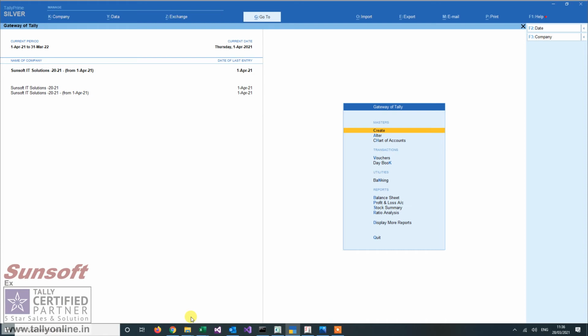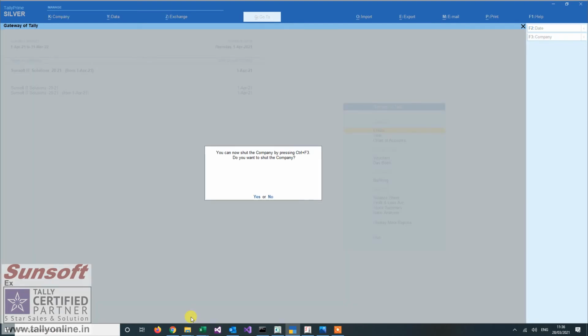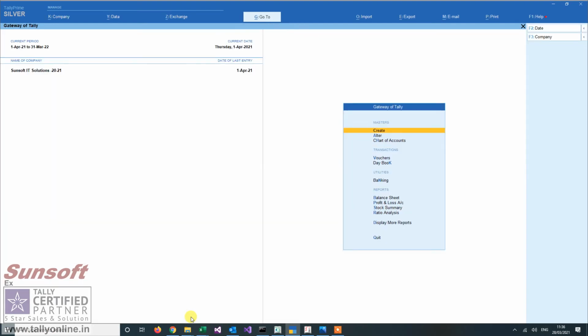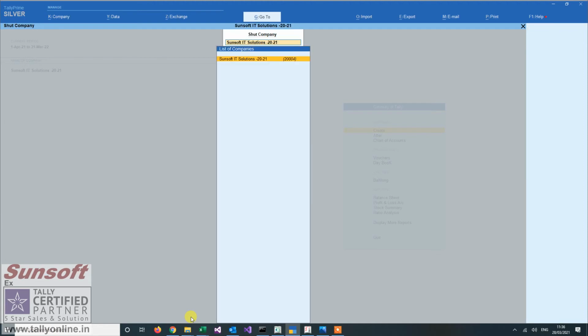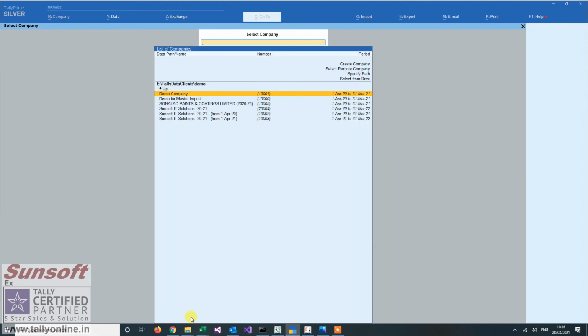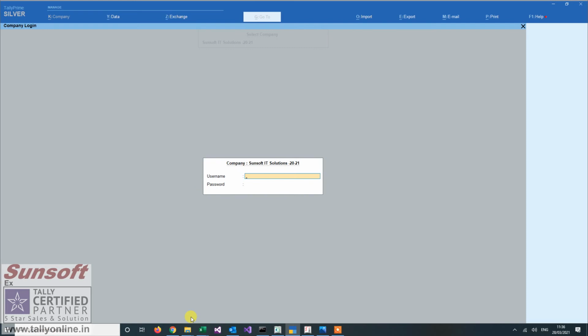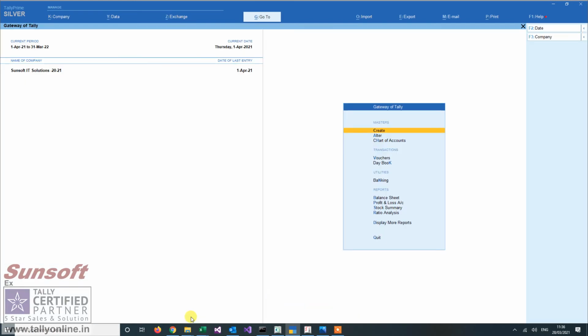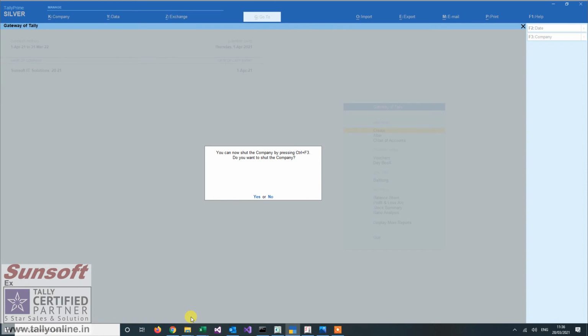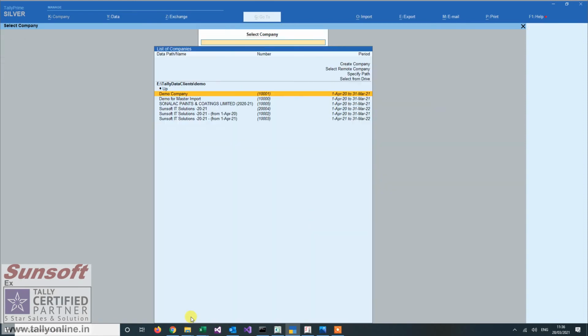That is one way of carrying on to a new financial year. Many times, people create a new company and then want to create all the masters in the new company. Now we'll see how we can accomplish that. We create a new company, we do not split the company, and we want to copy all the masters from the old one. So in a new financial year I want to create a new company. I go to create company.